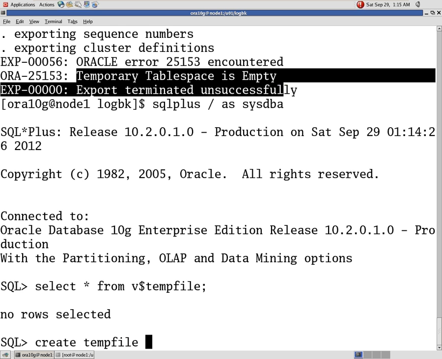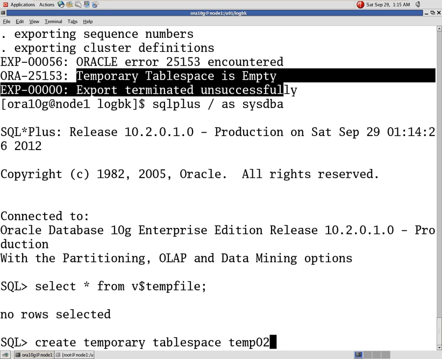Create temporary table space temp01 tempfile, with the path of the temp file.